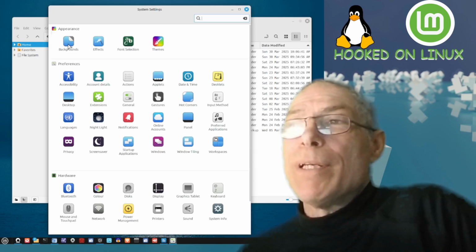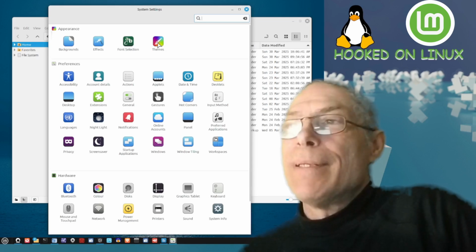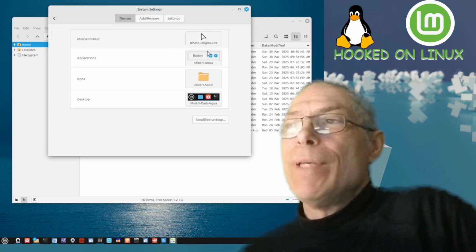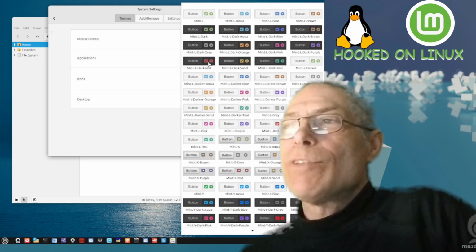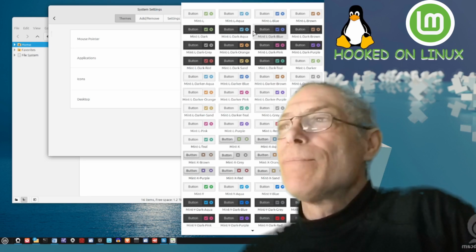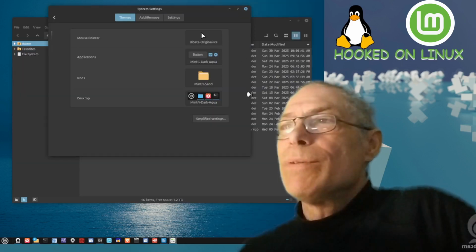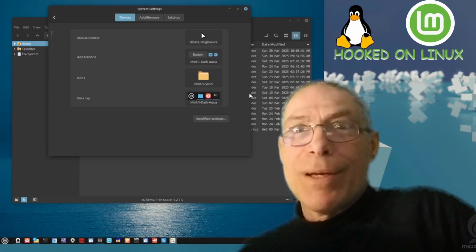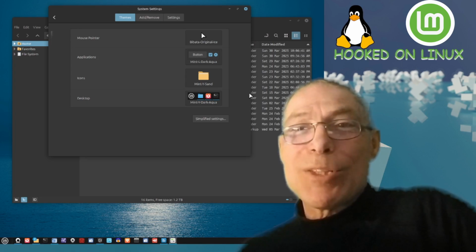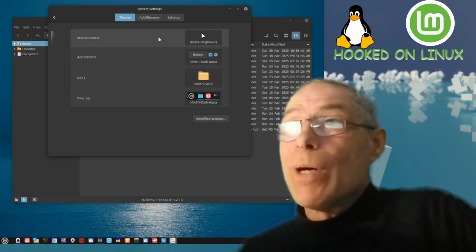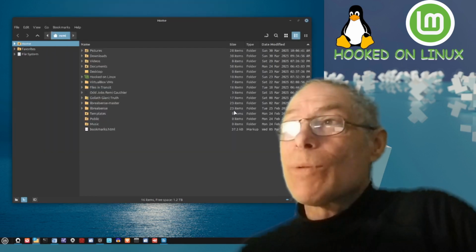So maybe I'm going to go into the appearance here, to themes, and maybe I want to change the desktop applications to something darker, and darker with the blues, so that I get less of a glare on my glasses. That's better, I can work with that.